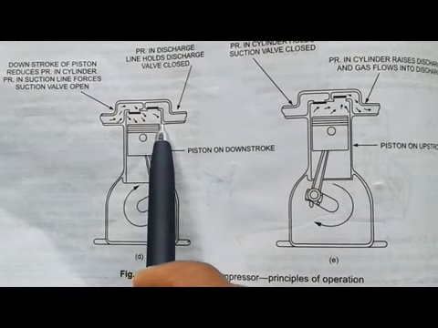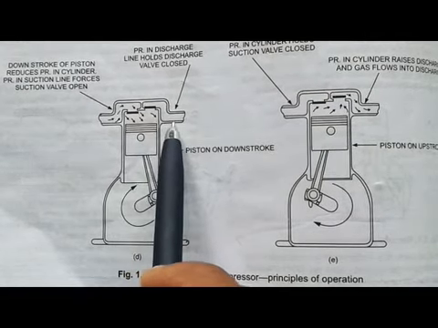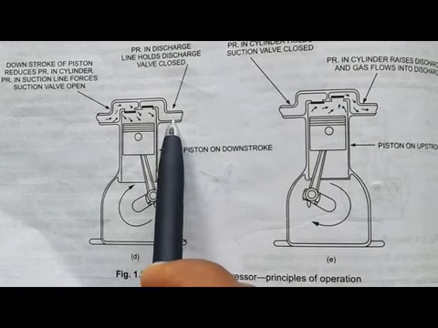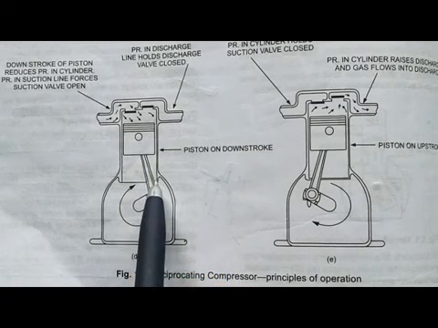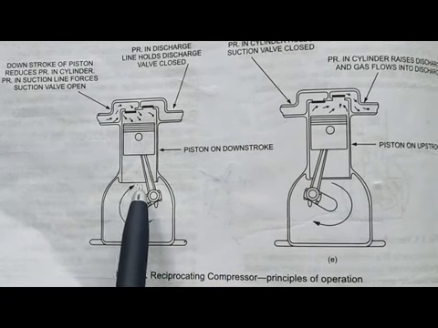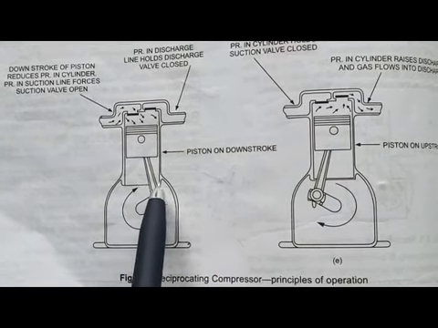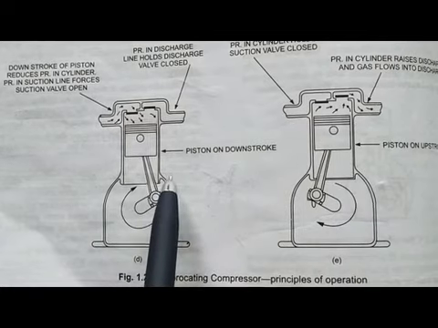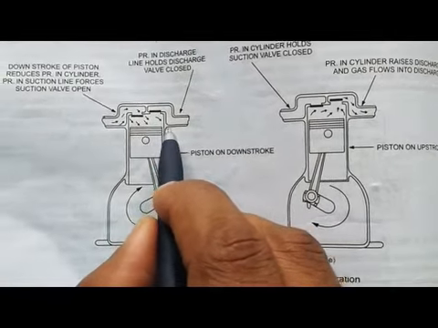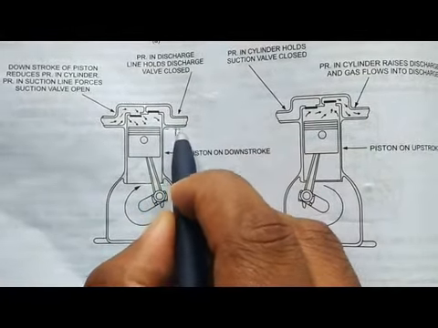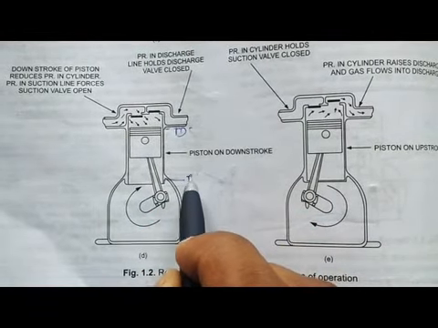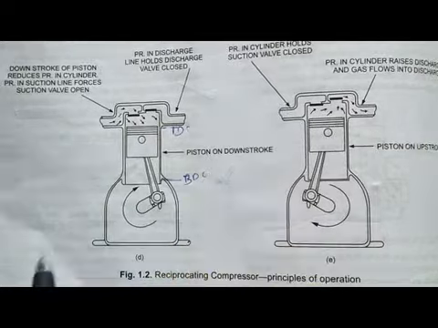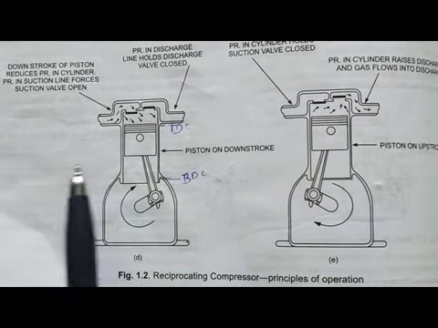This top portion of the piston is called TDC, that is top dead center, and when the piston travels in the downward direction, the extreme position where it comes is called the bottom dead center. This is the top dead center, TDC, and this is called the bottom dead center. The extreme below condition is bottom dead center. Okay, so when